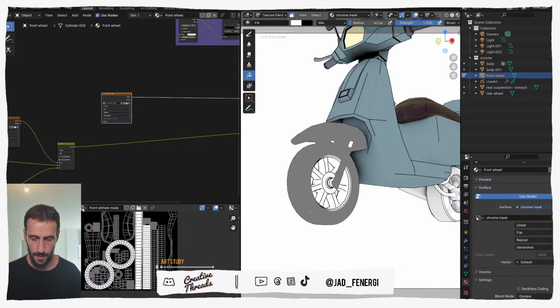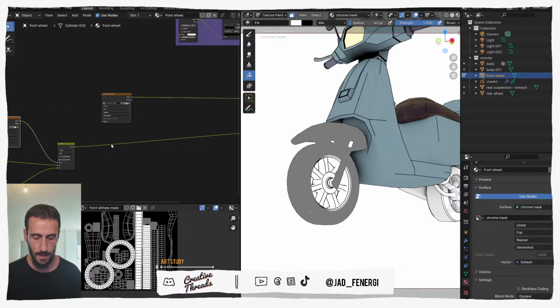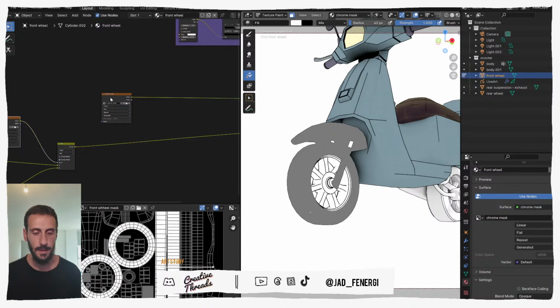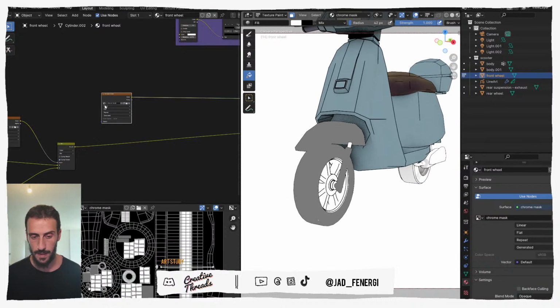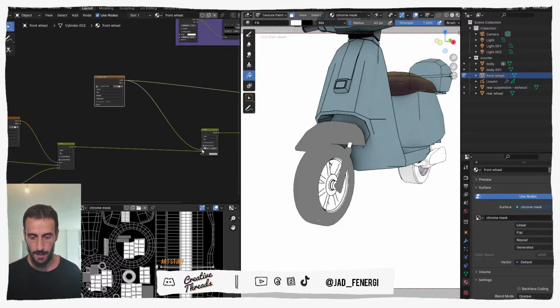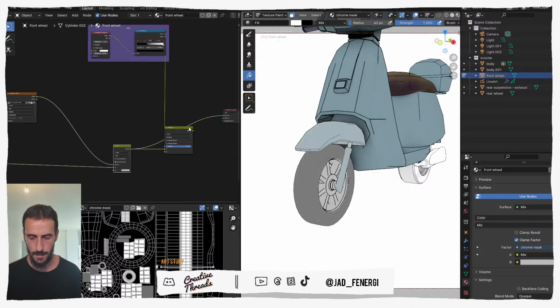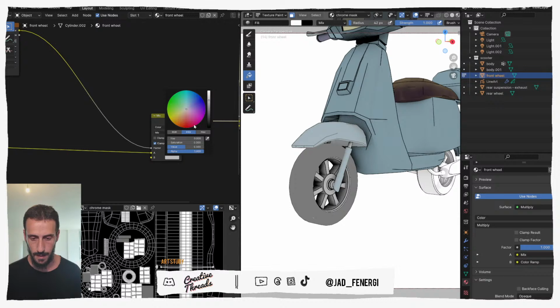That was the front wheel mask, and this is... yeah. For some reason it wasn't changing. But as you can see in here, now if you select each texture, it updates by itself. So we now have the mask. What we want to do is add another mix, plug in the mask, and turn this into any color you want, but